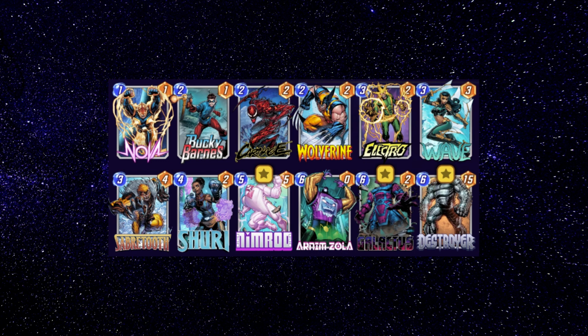I'm sure it's far from optimized, but the theory behind the deck is that I've created multiple avenues of play and multiple win conditions. Now, for instance, like a normal Galactus deck is a pretty linear deck. You want to ramp into like Dr. Octopus or Leech